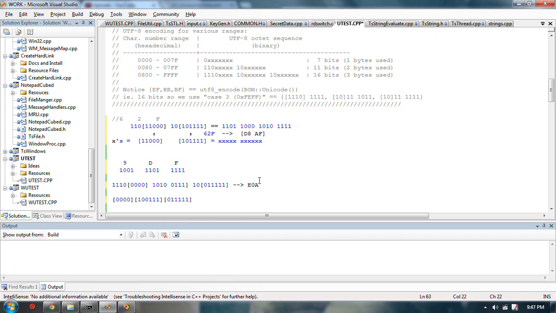This here is a 7. Right? Add 1 to this and you get 8. This one is a 9. And the last is F. Right? So here is our sequence. So 9DF